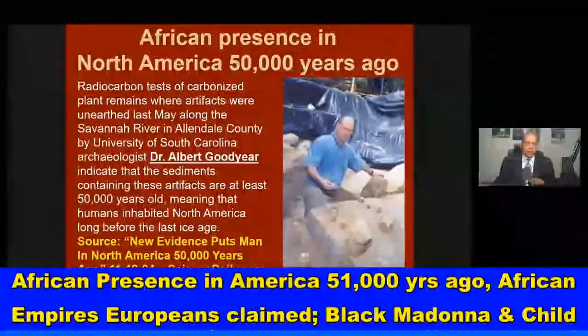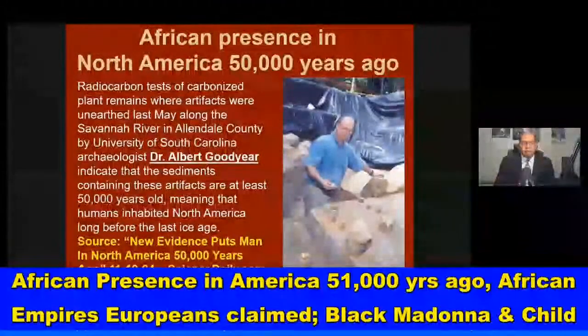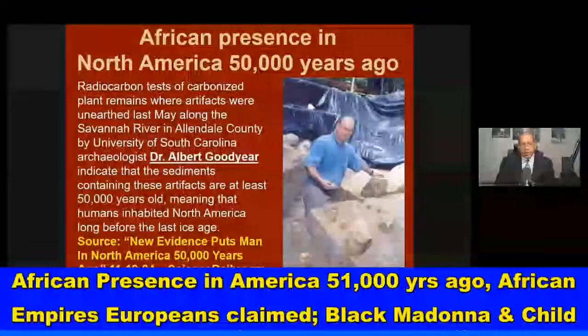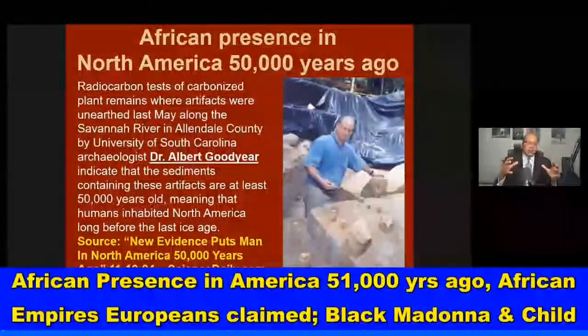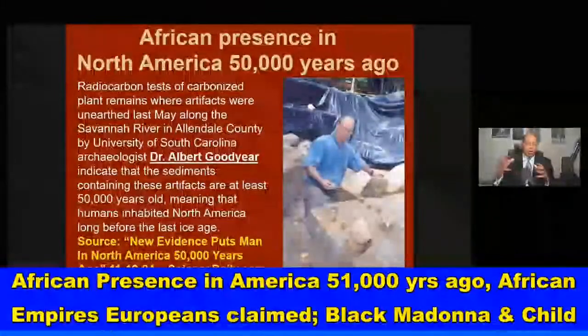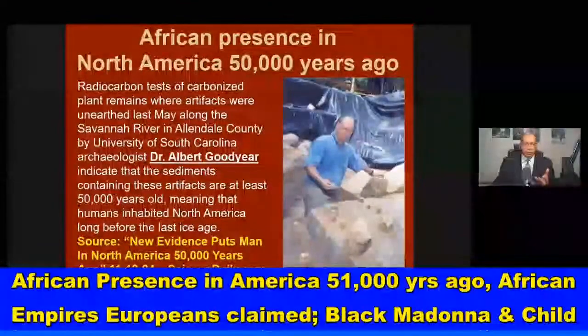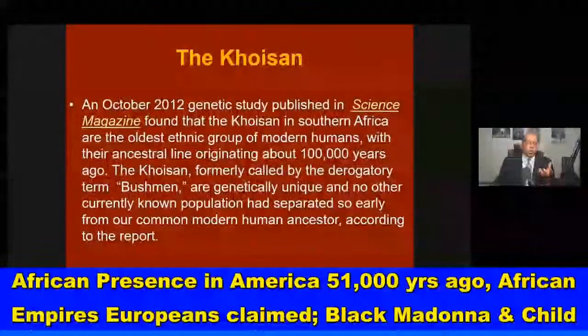This is Dr. Albert Goodyear. He's a white archaeologist from the University of South Carolina. This article from ScienceDaily.com in November 18, 2004, entitled New Evidence Puts Man in North America 50,000 Years Ago. This talks about his discovery. Okay, ScienceDaily.com, they have all types of archaeological discoveries, scientific discoveries, etc. there. So the Khoisan,